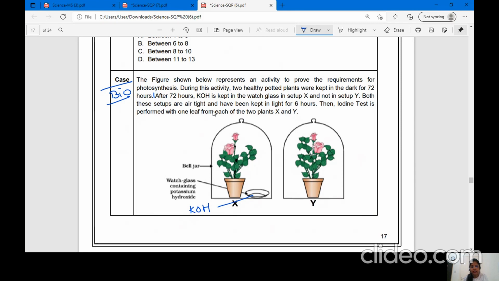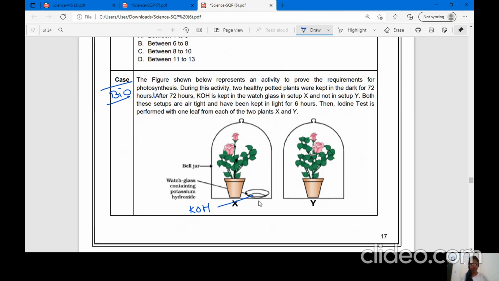Both the setups are airtight. Airtight means air cannot go inside the system. And that is kept for 6 hours. Then an iodine test is performed with one leaf from each of the 2 plants in X and Y. So after 6 hours, they check